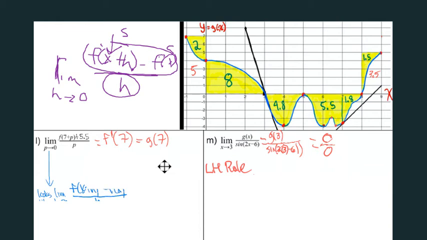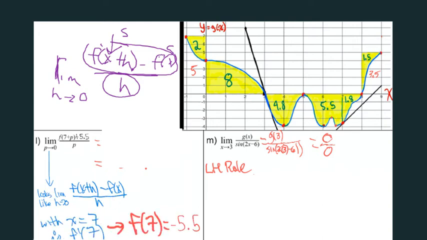So the first thing we want to do is just remember that it looks like this, right? F at x plus h minus f at x over h, except we've just replaced it with p. But what I need to know is what is that 5.5? Let's verify that 5.5. If I've got it right, it's f at 7 plus p minus f at 7. Let's see. So if x equals 7,